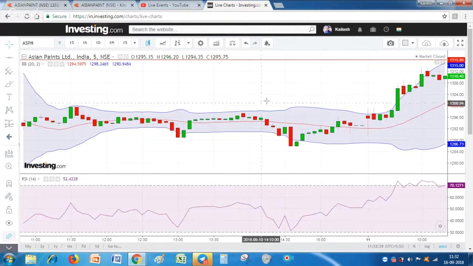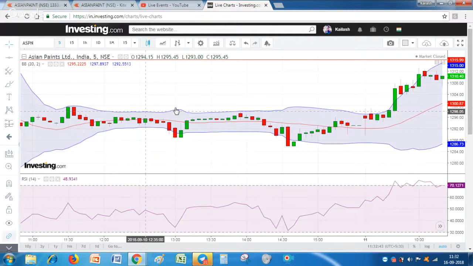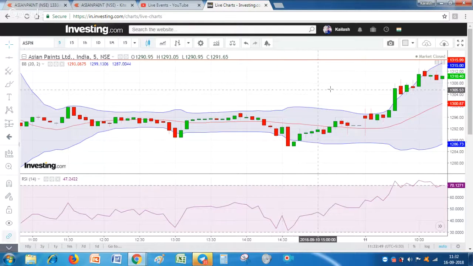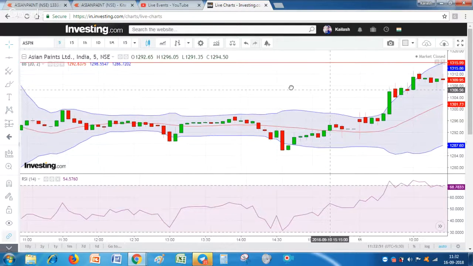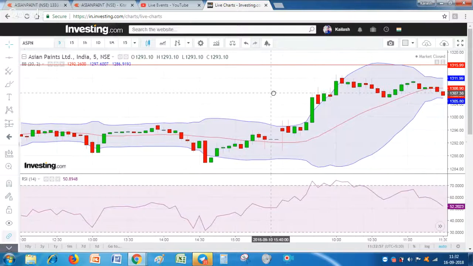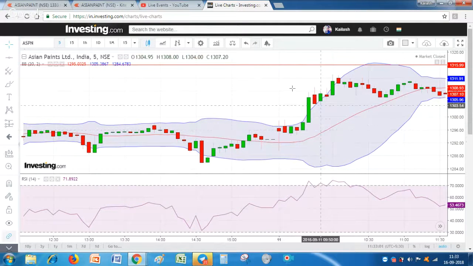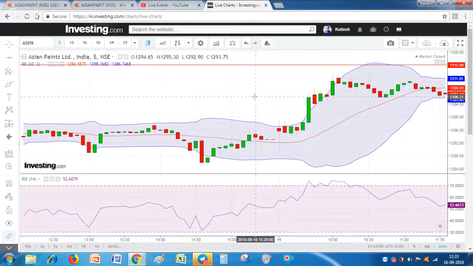So if a stock comes to this contraction phase, where the Bollinger Band has come to a very limited narrow range, we should expect this is a range bound market, a range bound condition of the market. So here we cannot buy or sell. This is a little confusing state, so we have to wait in this part. Once this range is broken to any side, we should go to that side. So that would be one of the strategies.